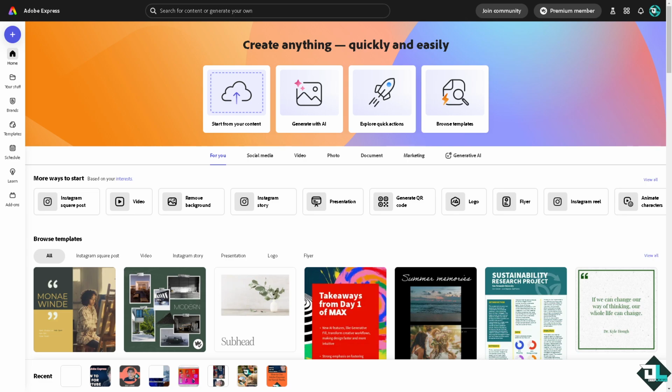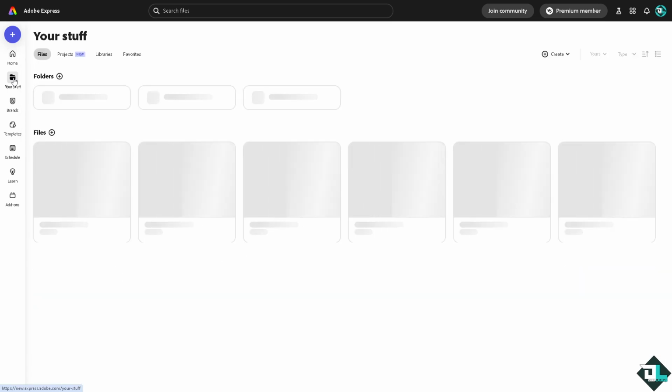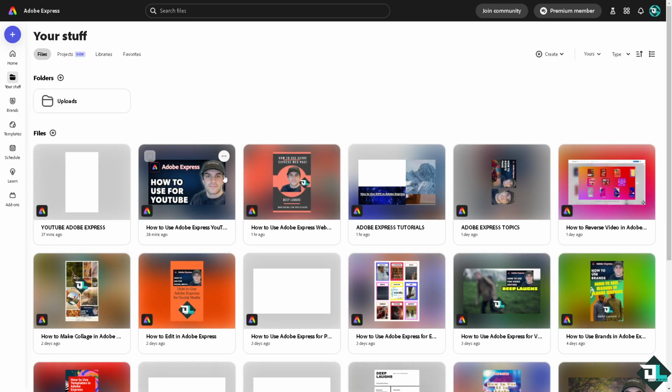Editing in Adobe Express is straightforward, whether you're working on graphics, videos, or web pages. Now let me tell you that, for example, if you want to edit the name of your project, you simply have to go to the left side panel of your dashboard and click Your Stuff, wherein you can access projects, files, brands, and libraries and organize your content. If you do that, you would have an option here on the three dot section. For example, if you want to edit the title,